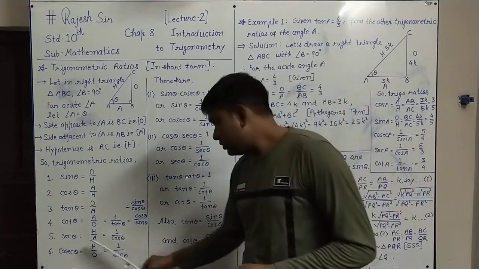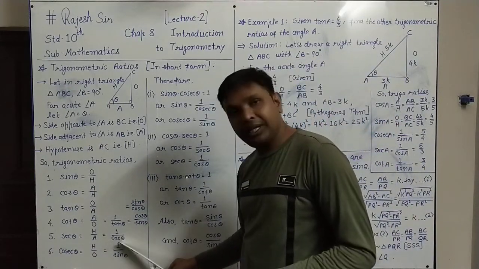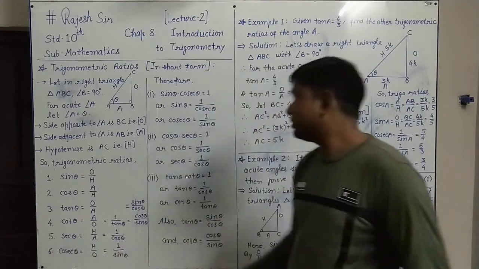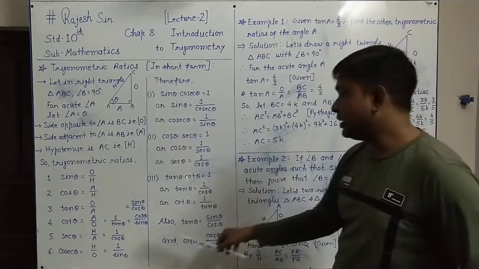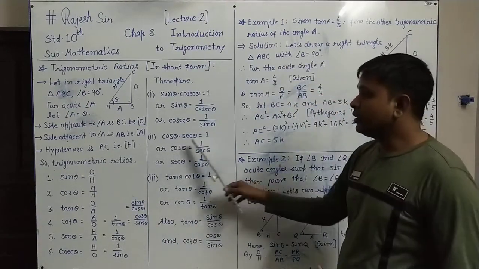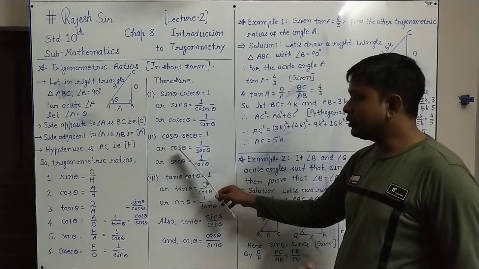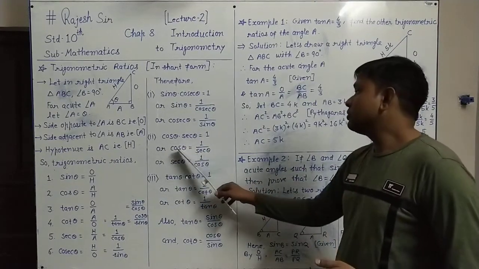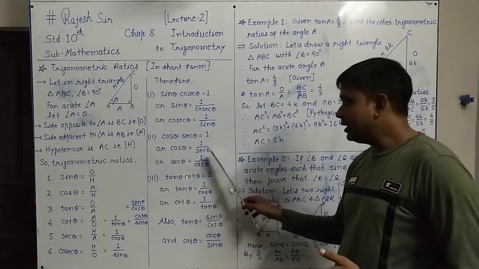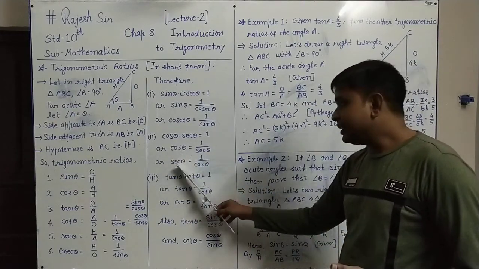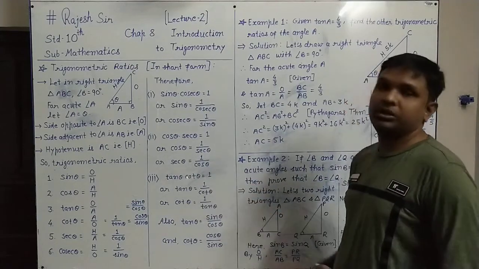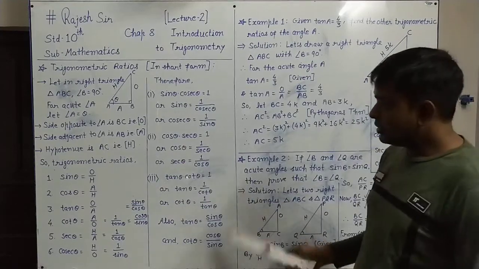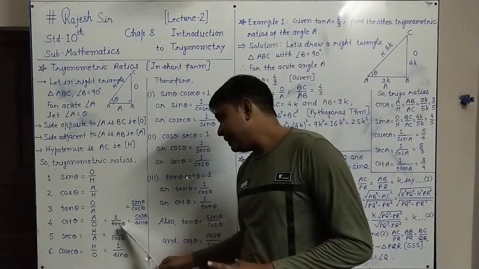Similarly, here, sec theta equals 1 upon cos theta we have. So this cos will be in multiplied form. So cos theta into sec theta equals 1. Here also, we can write cos theta only on the left, and the multiplied sec theta goes down to the right side. So cos theta equals 1 upon sec theta. And similarly, sec theta equals 1 upon cos theta, with the multiplied cos theta taken down. Similarly, cot theta equals 1 upon tan theta here.